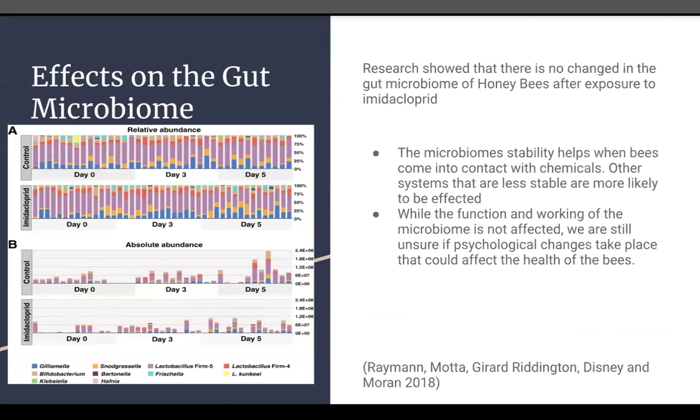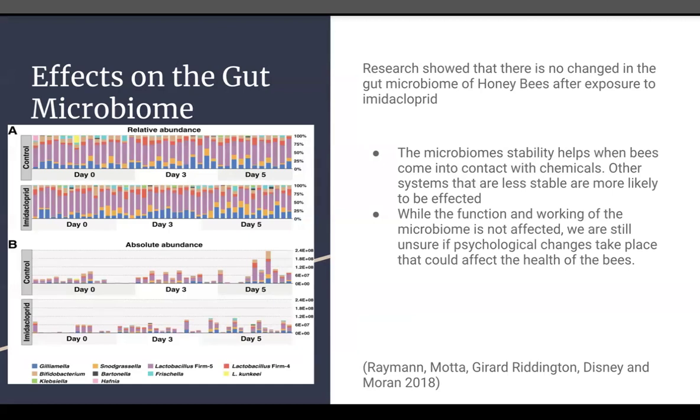So despite concerns about what imidacloprid exposure does to the gut microbiome, studies showed that imidacloprid does not change the composition or diversity of the gut microbiome in adult honeybees. So this really just shows the resilience of the gut microbiome. The microbiome stability helps, when bees come in contact with chemicals, other systems that are less stable are more